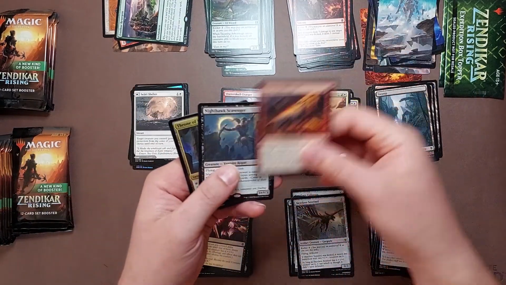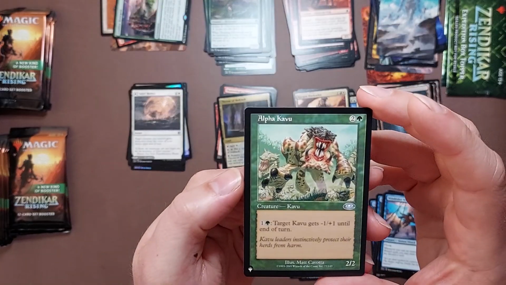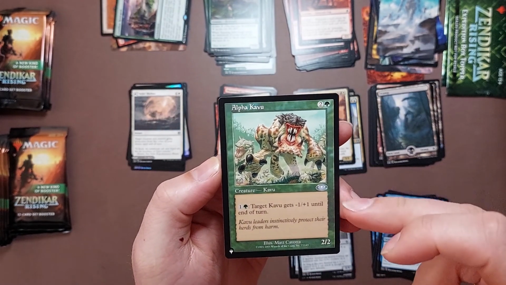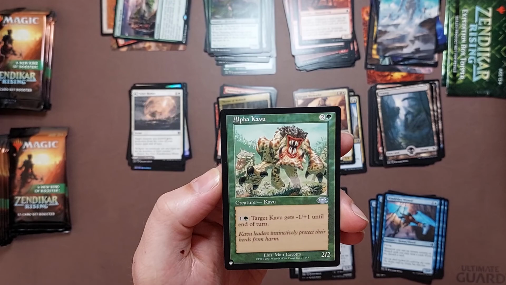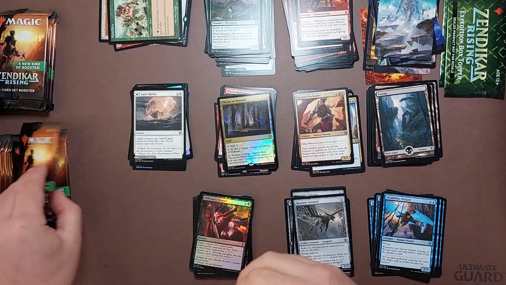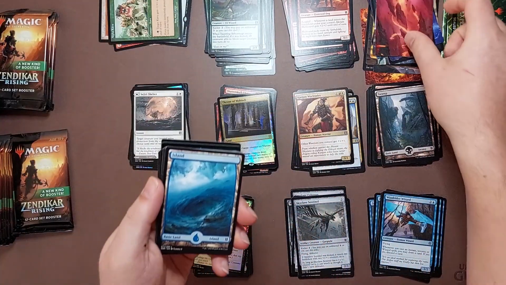Now already, the most valuable commons and uncommons and stuff, there is Alpha Cavu. I believe this is Plane Chase. I can't really remember. It's in that block. Correct me if I'm wrong. You can put it down in the comments. There's Planar Chaos, Plane Chase, and